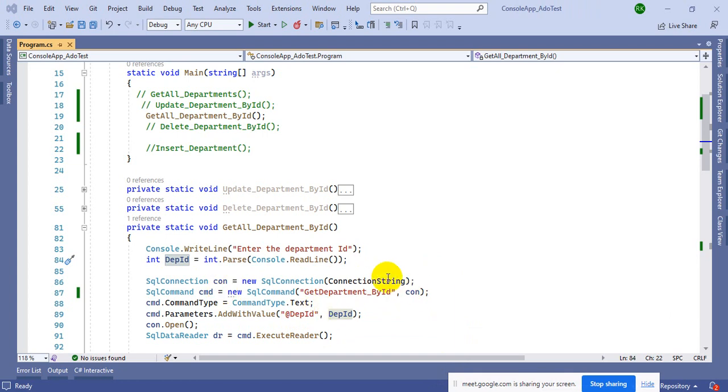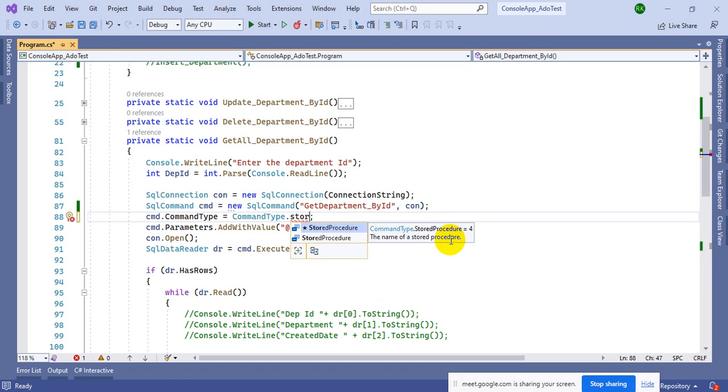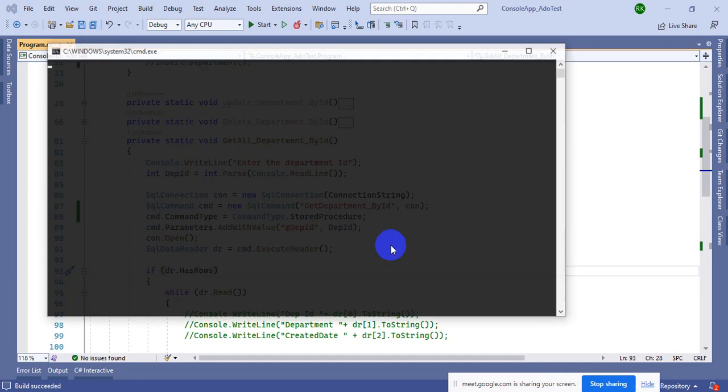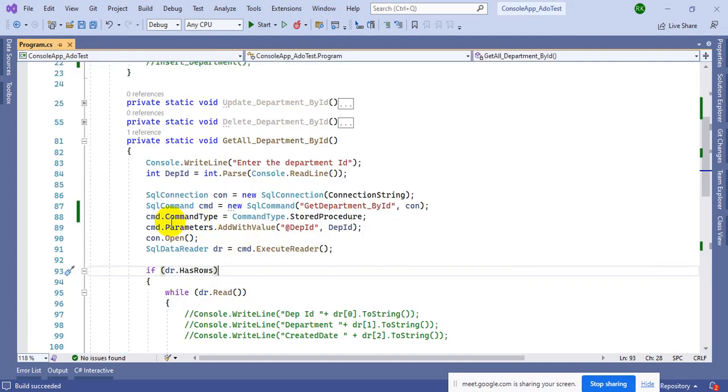So we are doing one by one. So this one is over here. Let me tell you, that is a stored procedure, correct? Stored procedure, and this one is taking the parameter department ID. So now if we run this and give department ID as 3, now it is working. So now you understood the importance of this